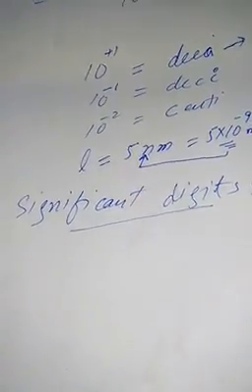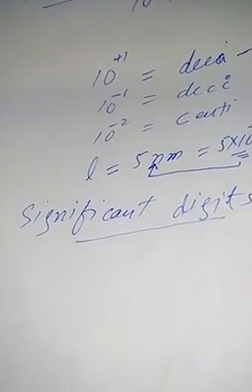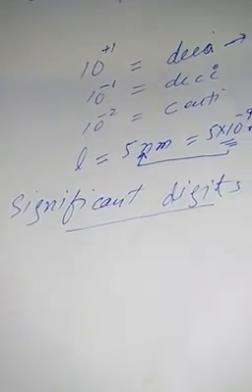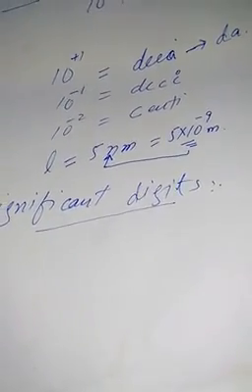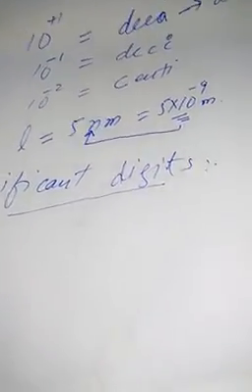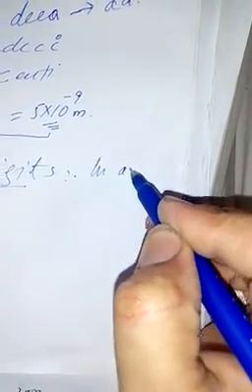When we say there are 5 significant digits, or 2 significant digits, by which rule can we express them and show the number of significant digits? First of all, we define significant digits. So it can be defined as, in any